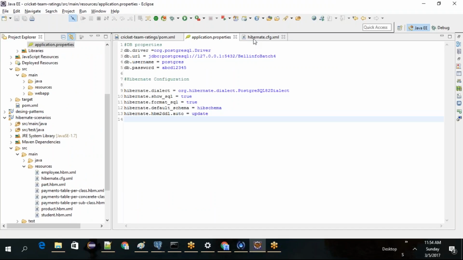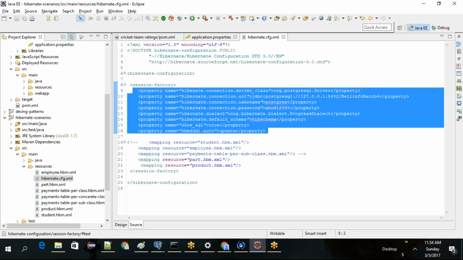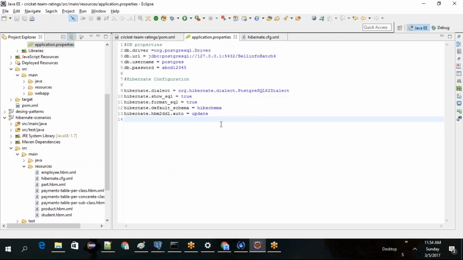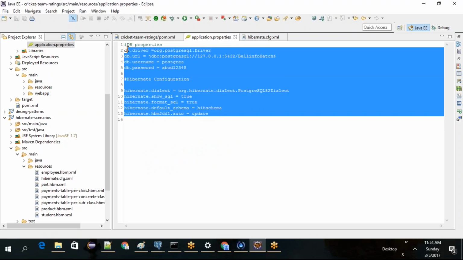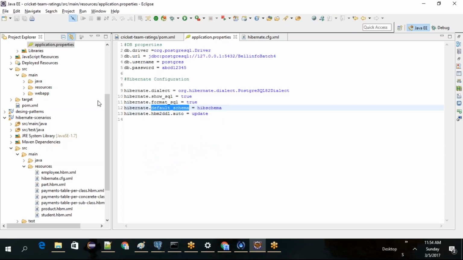So all the properties that I had from here, I moved here. But still Hibernate doesn't understand. You just moved this configuration. You need to inject these configuration files into your Hibernate, so that when the application is coming up,